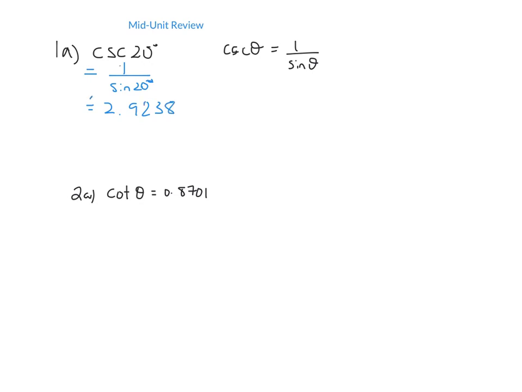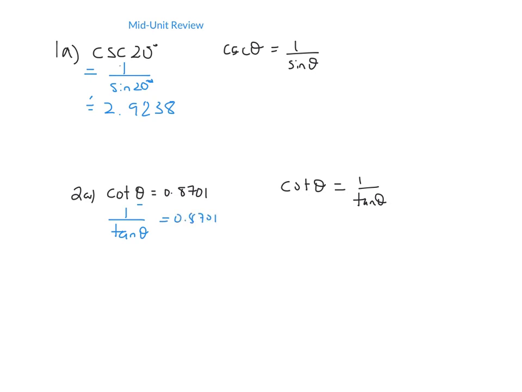If I want to solve for an angle, when I'm given an equation like I have in 2a, the cotangent of theta is equal to 0.8701. Again, I'm going to remember my reciprocal ratio. I know that the cotangent of theta is equal to 1 over the tan of theta. So that means I could change this cotangent of theta into 1 over the tan of theta, and that's going to equal